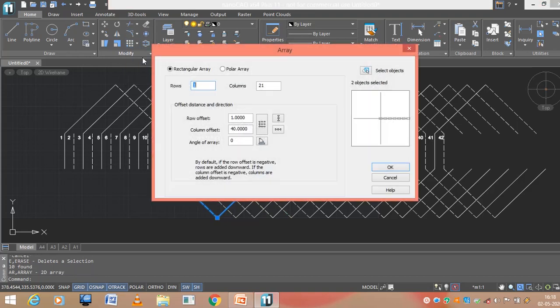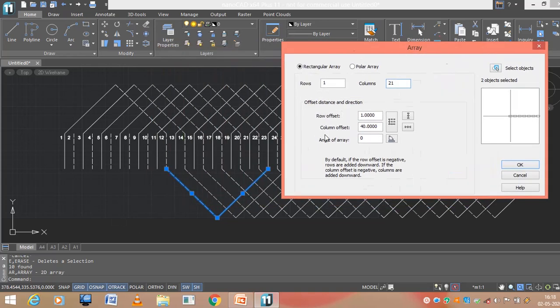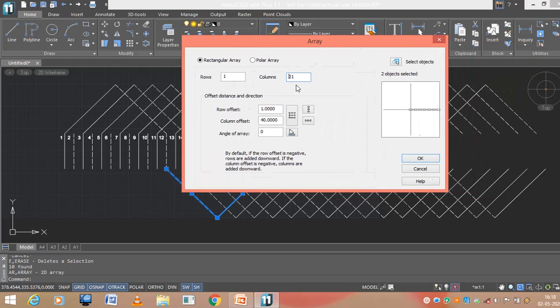You can go for array, or else you can go for copy and then paste. So just count how many turns you require. 1, 2, 3, 4, 5, 6, 7, 8, 9, 10, 11. 11 alternate. Okay, I should have 11, and for the column offset, if it is 40, the result will appear on the right side, but I want it on the left side, so minus 40.